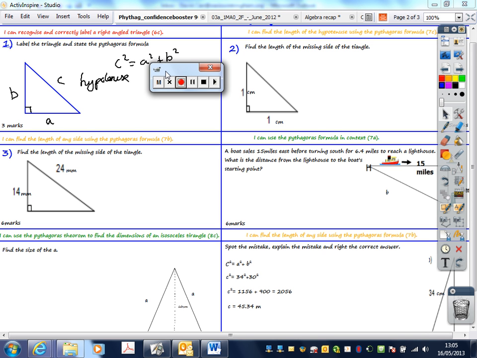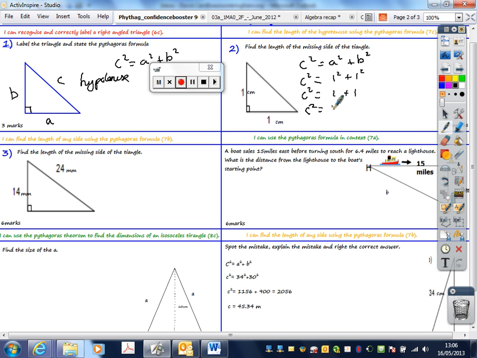Those that at the start were like, oh my god, I don't know the answer to this, use the same thing. You need to write C squared is equal to A squared plus B squared, okay? Which is the formula, 1 mark for that. You then need to fill the numbers in, so C squared is equal to 1 squared plus 1 squared, which is C squared is equal to 1 plus 1. So C squared is equal to 2, C equals the square root of 2, which is,